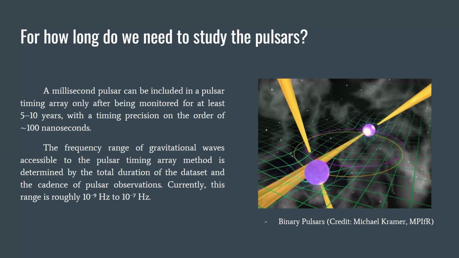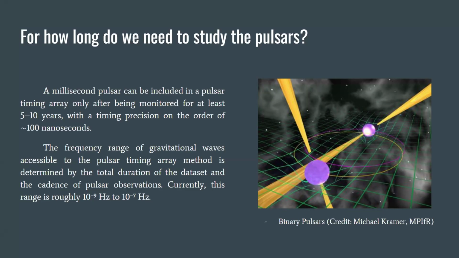A millisecond pulsar can be included in a pulsar timing array, which is the group we study, only after being monitored for at least 5 to 10 years, with a timing precision on the order of 100 nanoseconds. This is because, even though they are very precise, they still present some timing noise, which we will talk about later. And we have to know it so that we can extract it